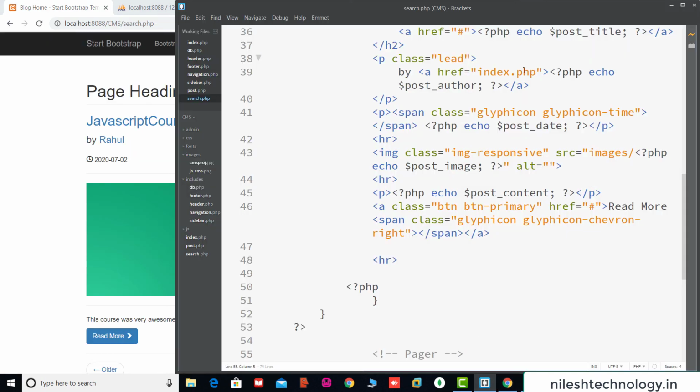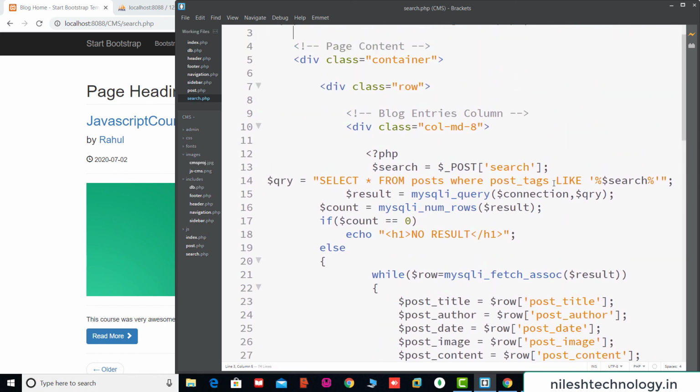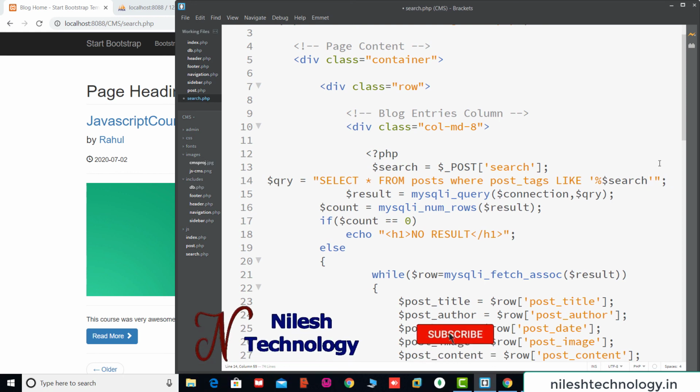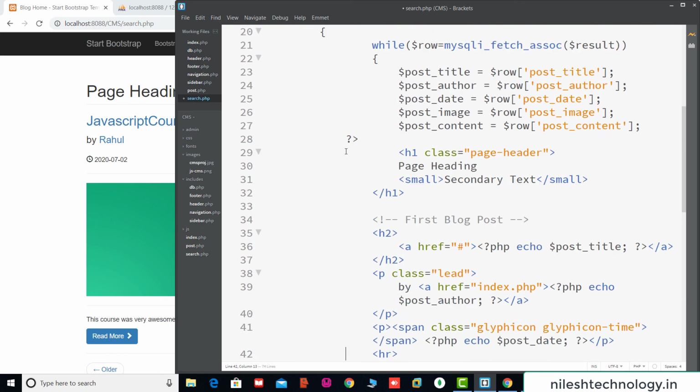So by using this query we print this result. Here we use the like operator, and by using the % sign we match any character before and any character at the ending. When you enter the % sign only at the beginning, they match any character before this search word, not checking after. So that's why we use the % sign at the beginning as well as at the ending. Here we print this search result.